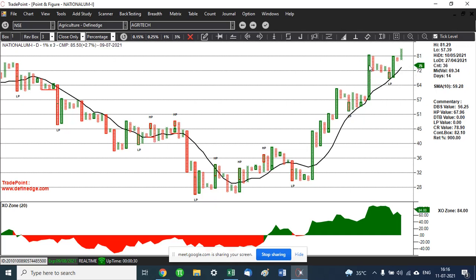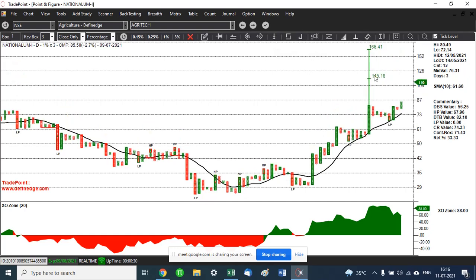When we get an anchor column, the other thing we can do is plot targets on it. This is the tool called multiple vertical count. If we click on this and then click on the anchor column, it will generate targets for us. These are possible targets. This is the first target. This is the second target. This is the weekly time frame, so we will consider only the first target because the second target will be very far off in the weekly time frame.